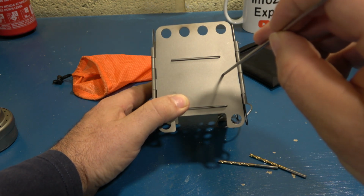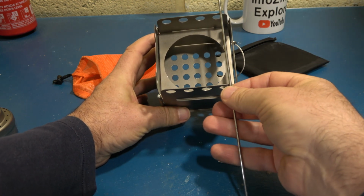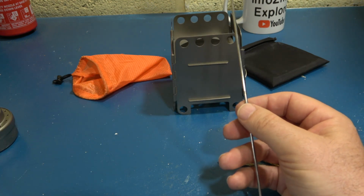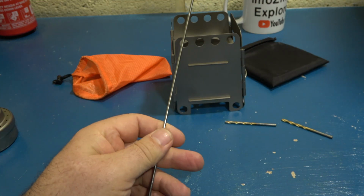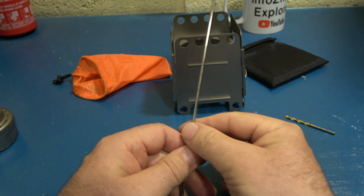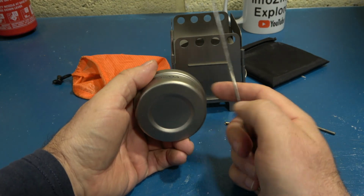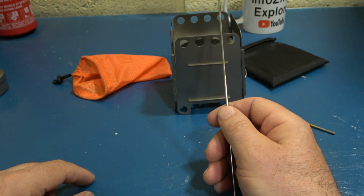And then just put some rod through, and if I had 2 pieces of rod going through there, that would be sufficient, then I could use this for gas. I could then drop on the Trangia. I could then hopefully still fit this little stove on the top if I measured it right. However,